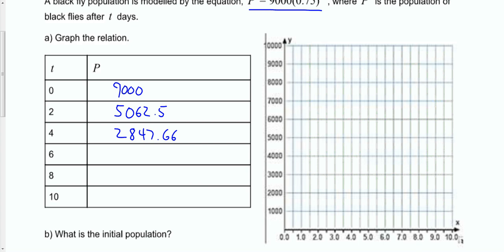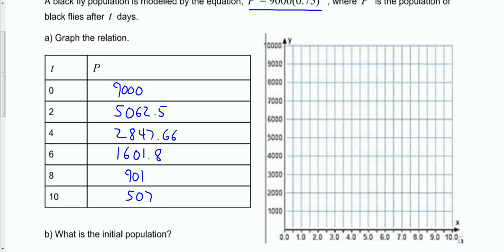And I'll do the same thing. I've got 9,000 times 0.75. This time I'm going to raise it to the exponent 6, and that's going to give me 1601.8. Then 9,000 times 0.75 raised to the exponent 8 is going to give me about 901. And finally, I'm going to do 9,000 times 0.75 raised to the exponent 10, and that's going to leave me approximately